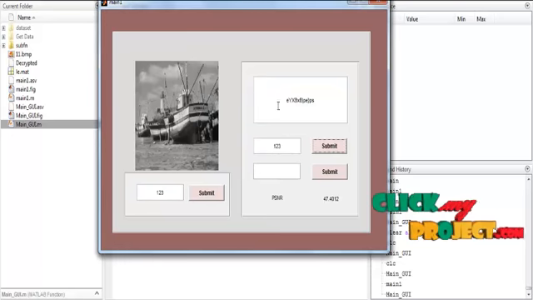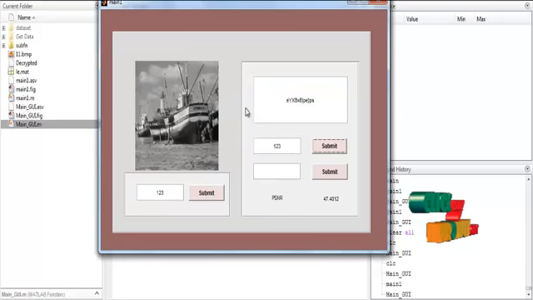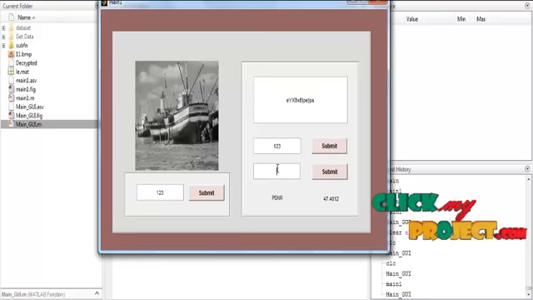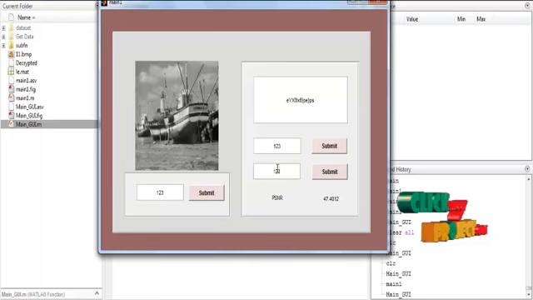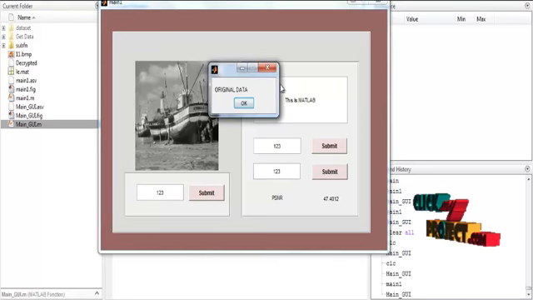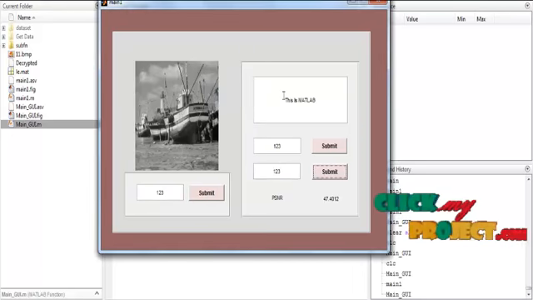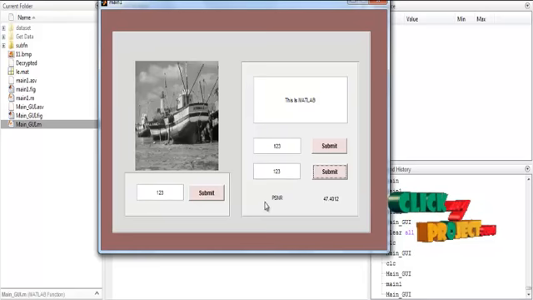Now the hidden data and the corresponding image are shown in axis 1 and the edit box. Now if you enter the same key again, the original data is shown in the edit box and the respective PSNR estimation is shown below. Now the PSNR value is